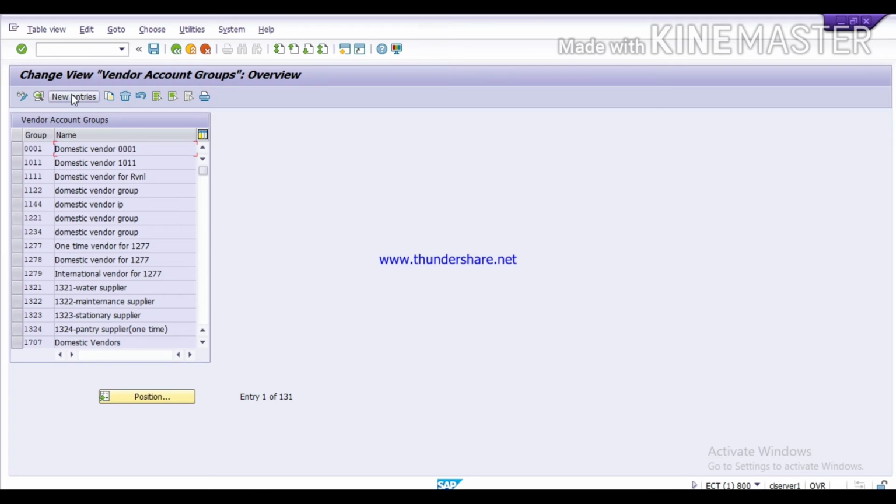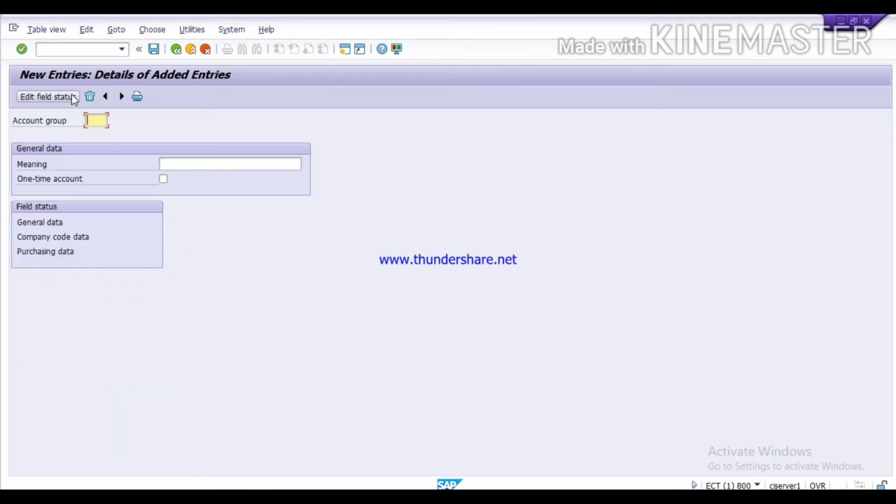Here we will create some vendor account groups. Click on new entries. Here we will give name for vendor account group TARV. TARV means raw material vendor for Tata.